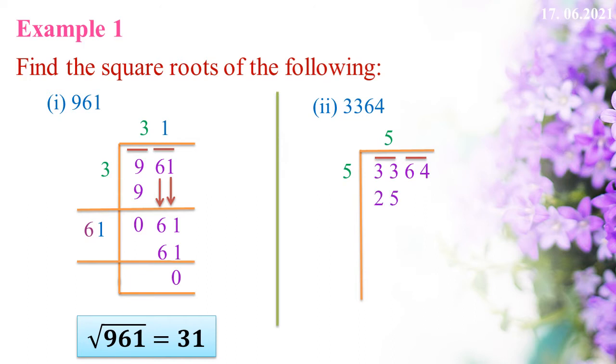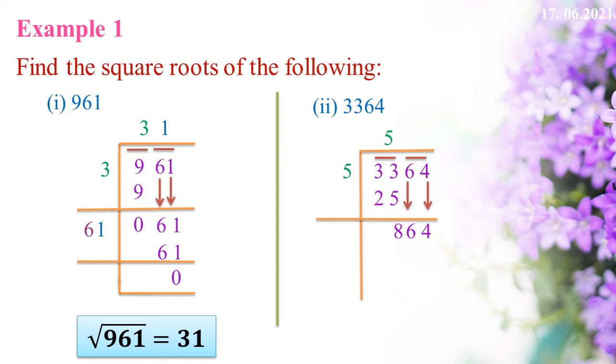We will get 25. Next, we should subtract 25 from 33. We will get 8 as a remainder. Next, bring down the next period to the right of the remainder. We will get